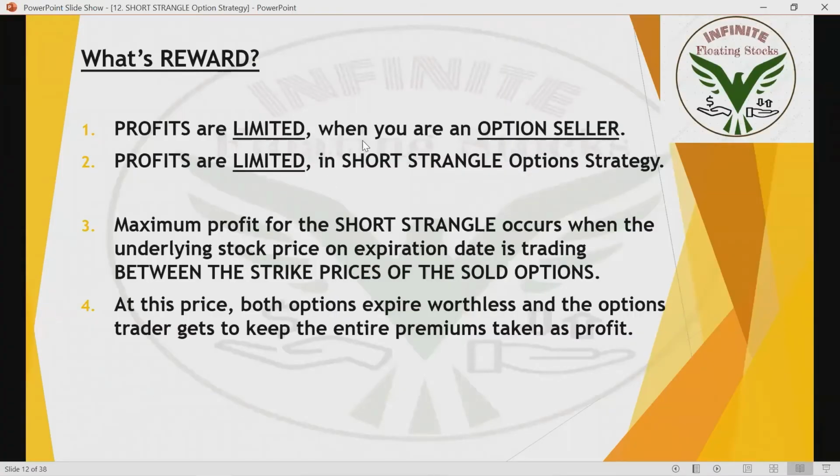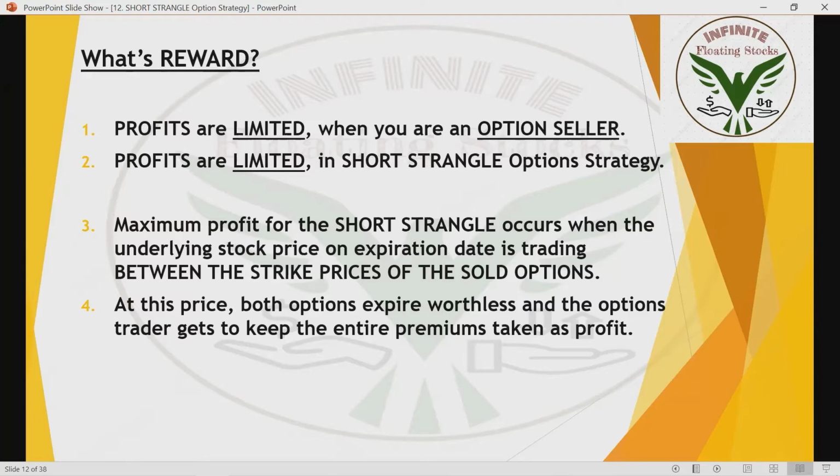All right. So profits are limited when you're an option seller, and profits are limited in short strangle option strategy. Okay. So the maximum profit for short strangle occurs when the underlying stock price on expiration date is trading between the strike prices of sold options. Okay. It should be staying between 14,200 and 14,600. It should not break that boundaries. If it stays in that boundaries, you'll get the profits. If it is breaking the boundaries, your stop loss will get hit. Okay. Even if it is breaking the boundaries, you will be facing only less loss, because this strategy is hedged